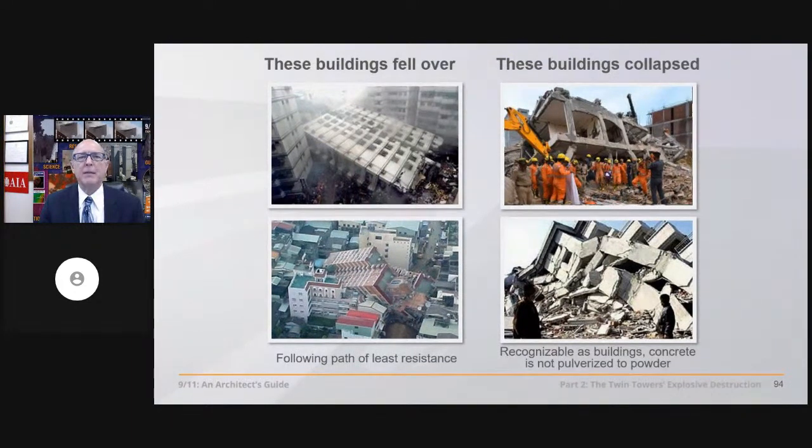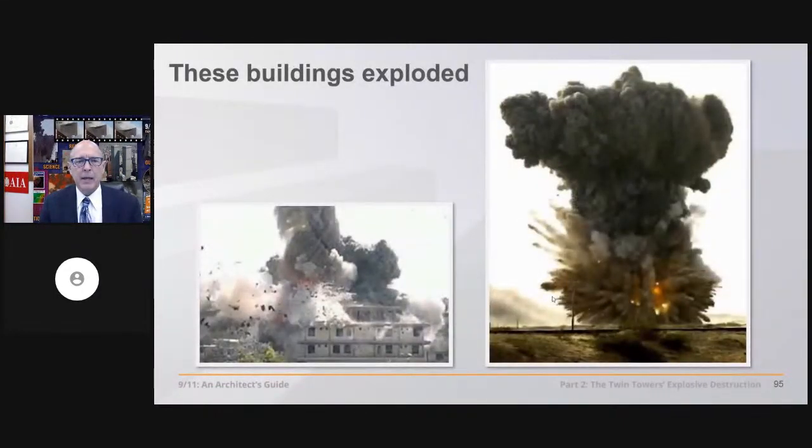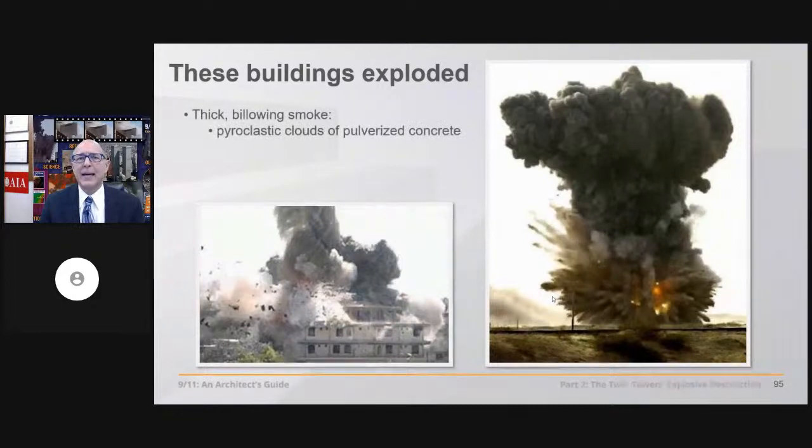So keep this in mind, because we'll be comparing these features to the features of the collapse of the Twin Towers and these buildings, which did explode, where we have thick, billowing, enormous pyroclastic-like clouds rapidly expanding in cauliflower-shaped forms due to the incredible heat from the intense gases from the explosive ignition, with a solid edge on the outside.